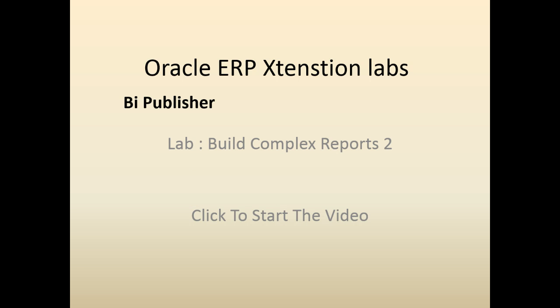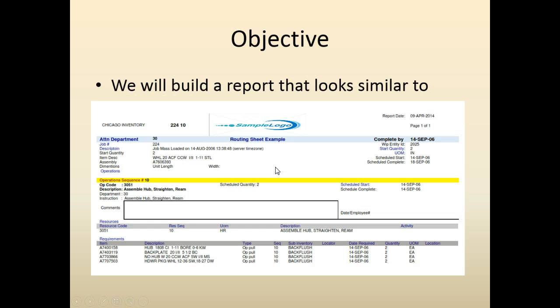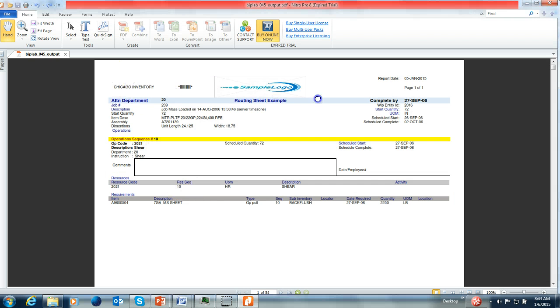In this lab, we are going to build a complex report. Our objective is to build a report that looks like this. This report has a header section which holds the logo of the company, a barcode, and there is no footer,